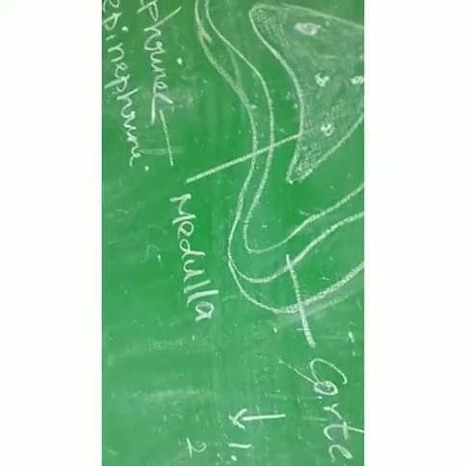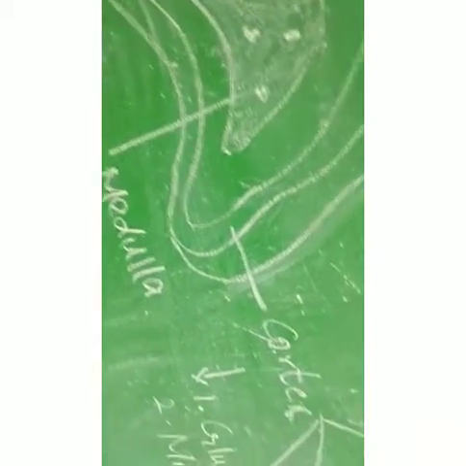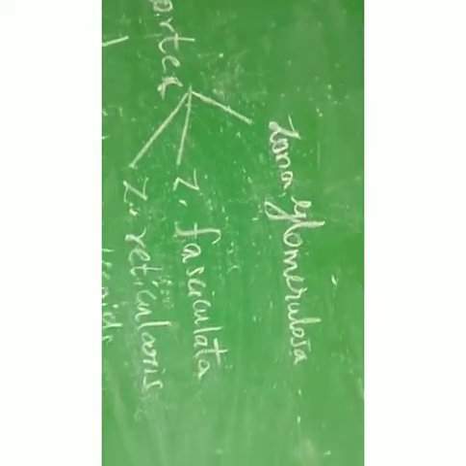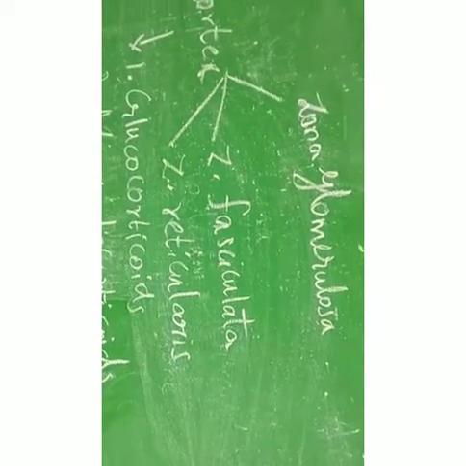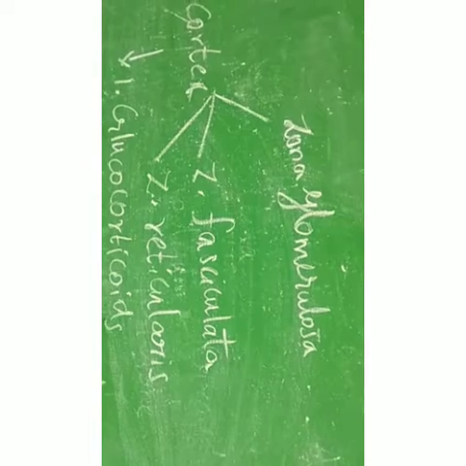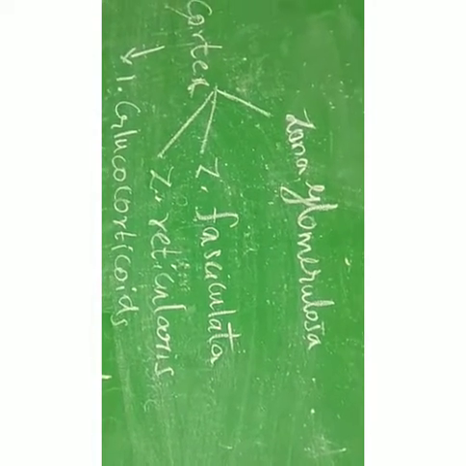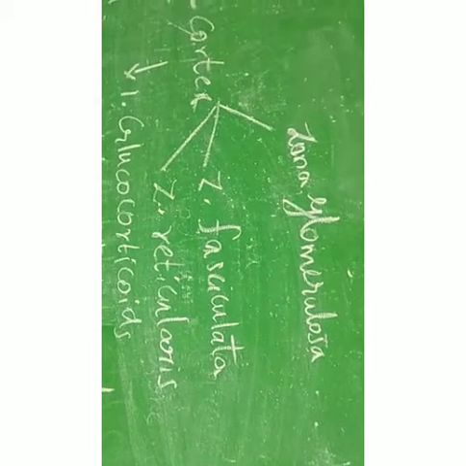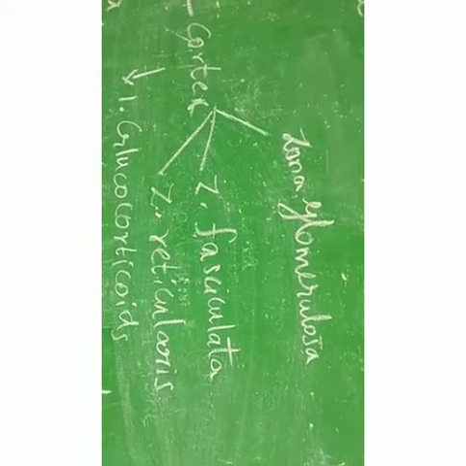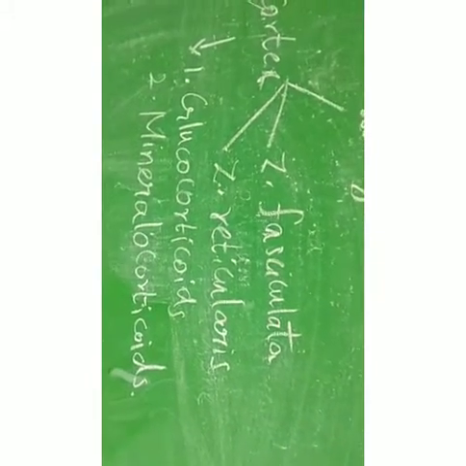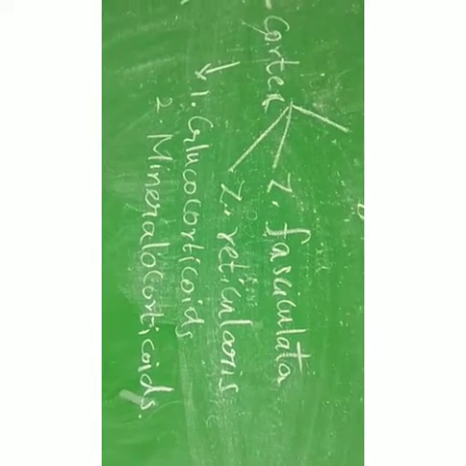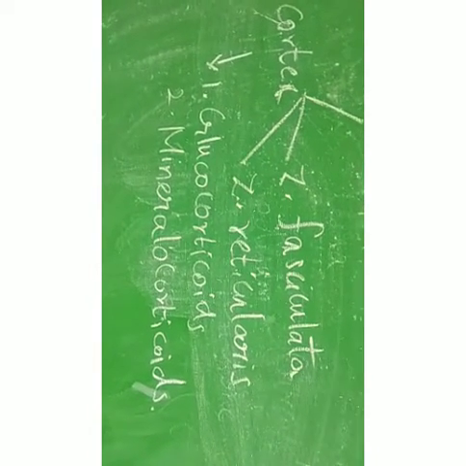Now we go to the adrenal cortex. The adrenal cortex has three zones: zona glomerulosa, zona fasciculata and zona reticularis. Three layers are seen in the cortex region, and they secrete hormones. The hormones secreted by the adrenal cortex are corticosteroids. They are classified into two: one is glucocorticoids, another one is mineralocorticoids.